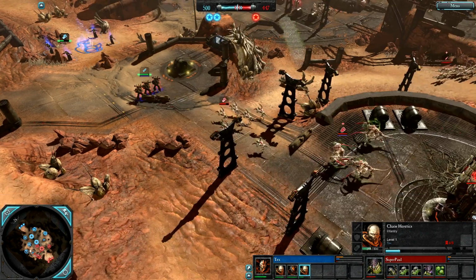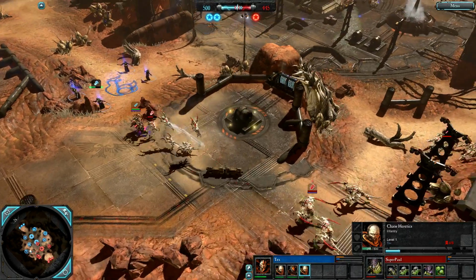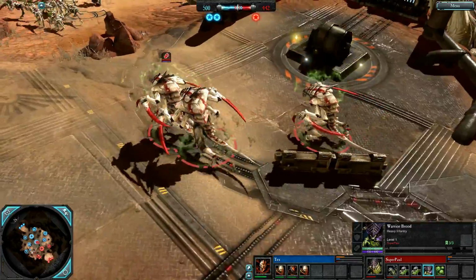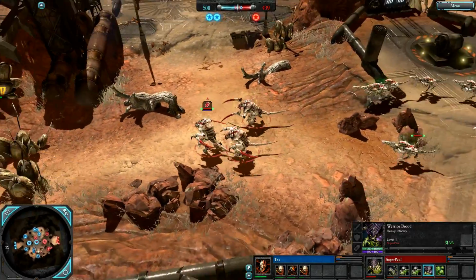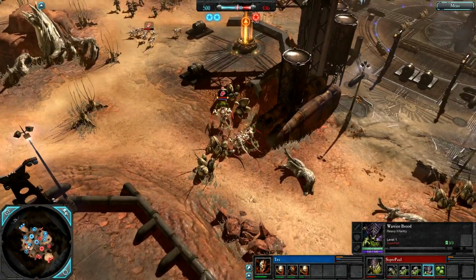Here come Hormagaunts. SuperPaul really should have pressured these Heretics with his Raven Alpha, I think, but he does have a Warrior Brood on the field and some Spore Mines. Warrior Brood are heavy infantry that emit a basic synapse. They start off as melee units, they can leap into melee combat, so some good disruption there if you can get